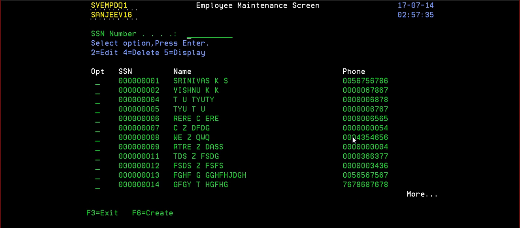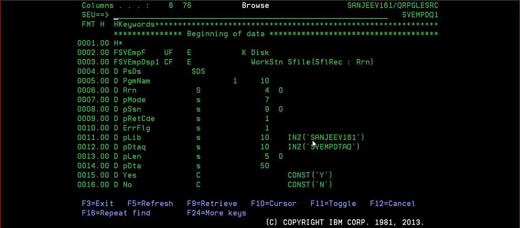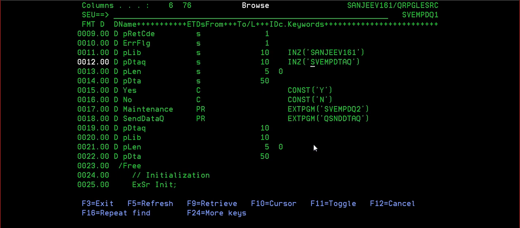Correct, Srinivas? Yes, sir. So here this is the data queue. What exactly did we do? Let us come back if you want me to explain in a program. So what we did, we created a data queue. Now a send data queue will send the data into the data queue, and a receive data queue will receive the data from the data queue.